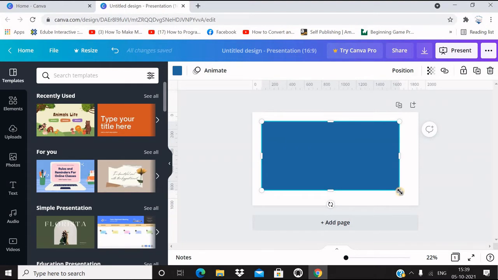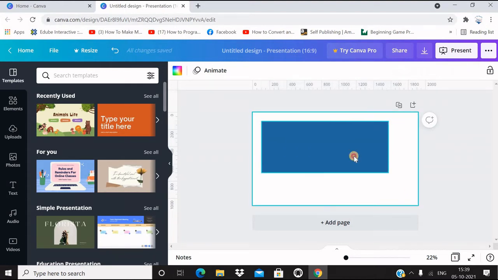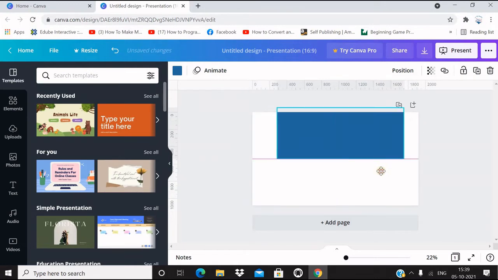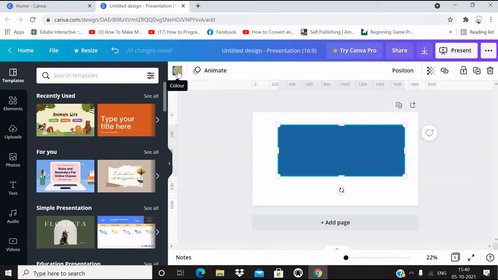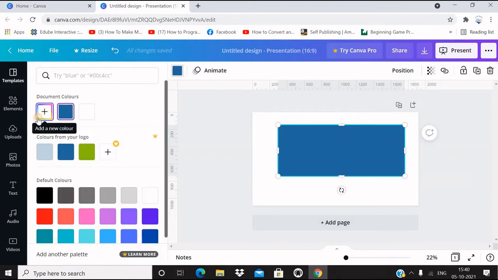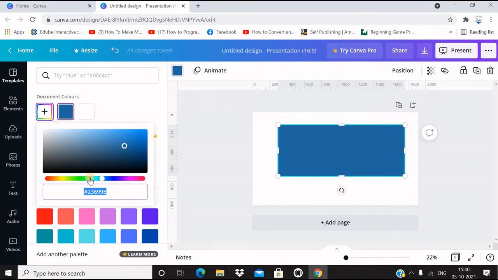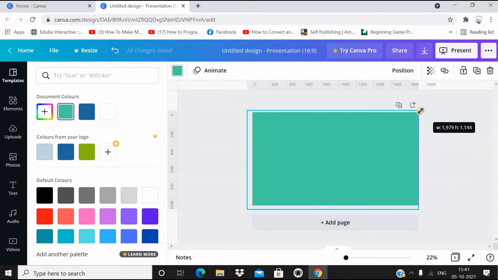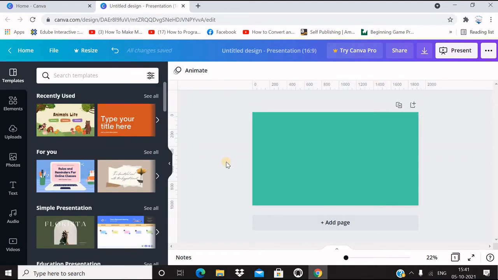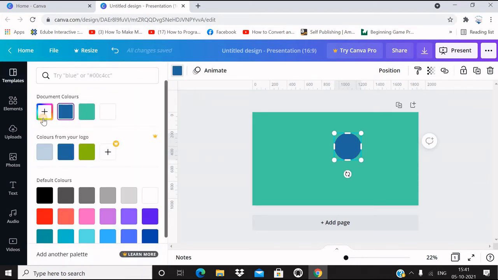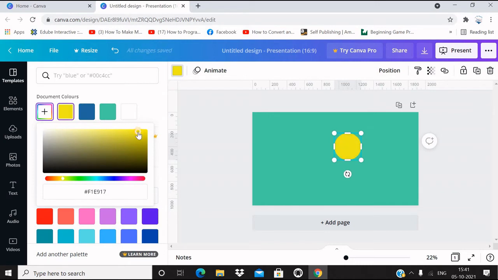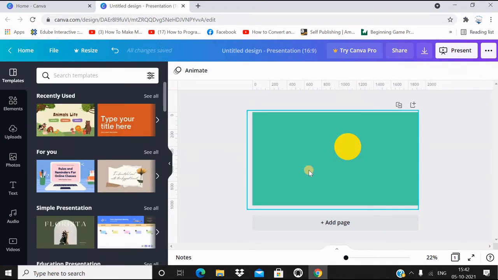I can drag the corner handles and change the size of the rectangle. I can click and hold it and move it around. On the top left corner of the panel, the color is indicated. I can click on that spot and change the color of the rectangle. I will drag it and cover the whole screen. Now let me type the letter C. It creates a circle. I can drag the handles and change the size. As we did with the rectangle, I can click on the color palette and change its color. I'll make it yellow.